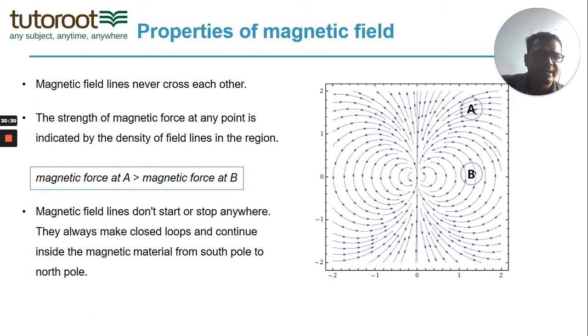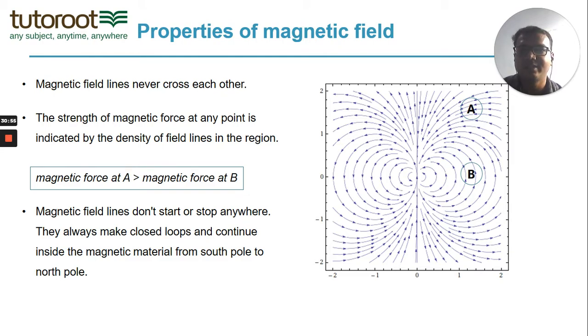So, properties of a magnetic field. Now in this diagram, obviously there is a bar magnet somewhere here and we have shown the magnetic field line direction. Now in a magnetic field, can I say that at some point I will experience more magnetic force and at some point I will experience less magnetic force? If that is true, then how do I decide where the force will be less and where the force will be more? So let's look at very important properties of magnetic field.